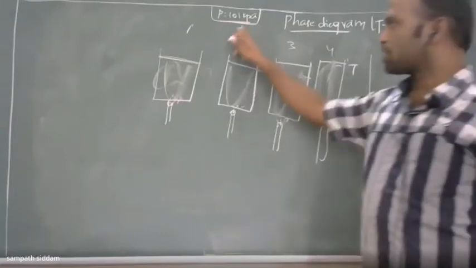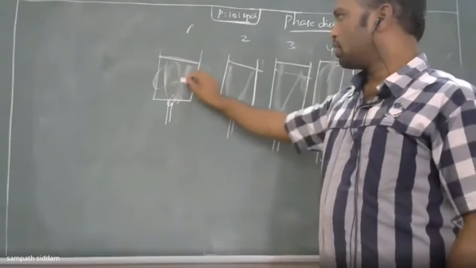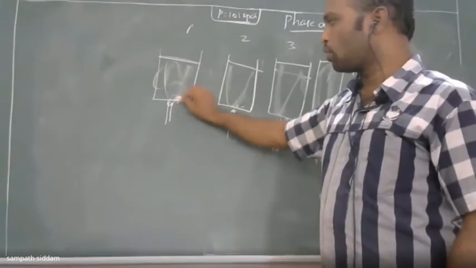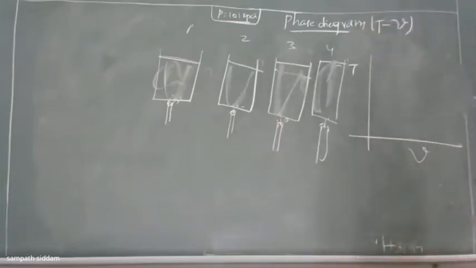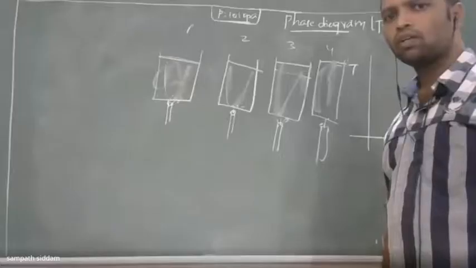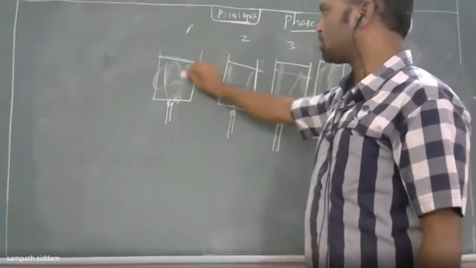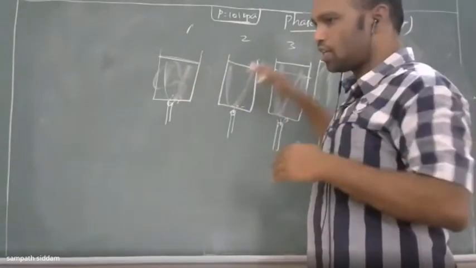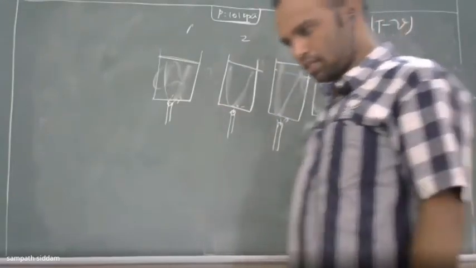So when this pressure is constant, let me consider for the first case, my liquid is present in this container and I'm going to heat it. Then what is going to happen? Please tell me. Yes, the piston will rise. That is due to the heat generated in the container. Obviously, due to the increase in temperature, your piston will rise. Clear?